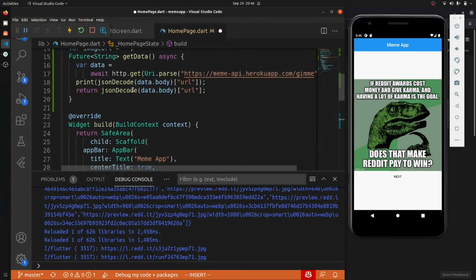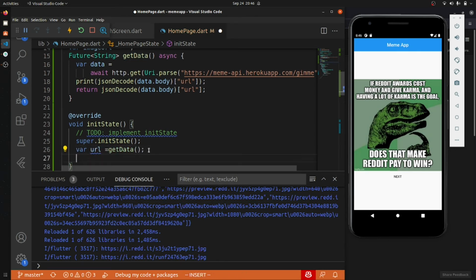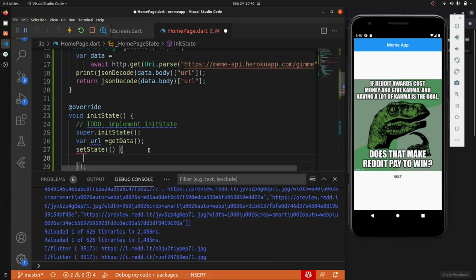Every time we have to initiate this, so on initiation we will call this get data, and it will return the URL, and we have to set state image URL equal to URL dot toString. Yeah, this is a way.